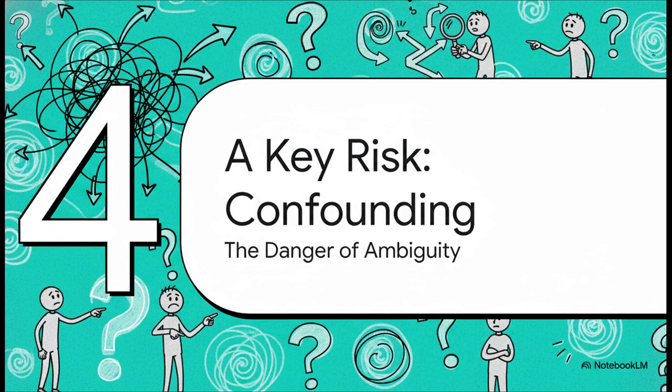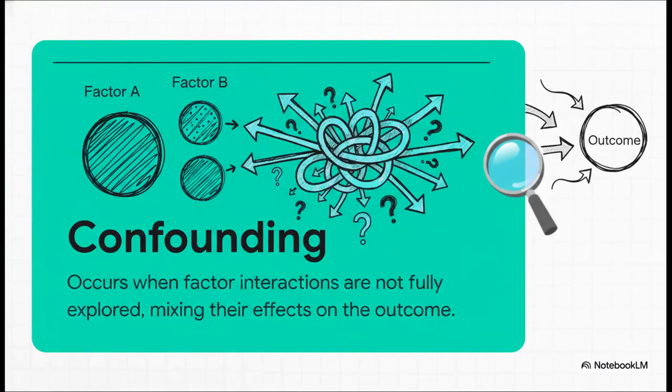So, you've decided to go with the faster, cheaper option, a partial design. Great choice. But now you have to actively manage its biggest risk, and that risk is confounding. Confounding is pretty much exactly what it sounds like. Your results get confused. Because you didn't test every combination, the effect of one thing gets tangled up with the